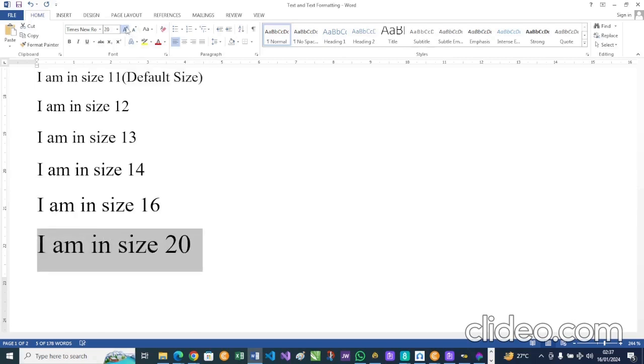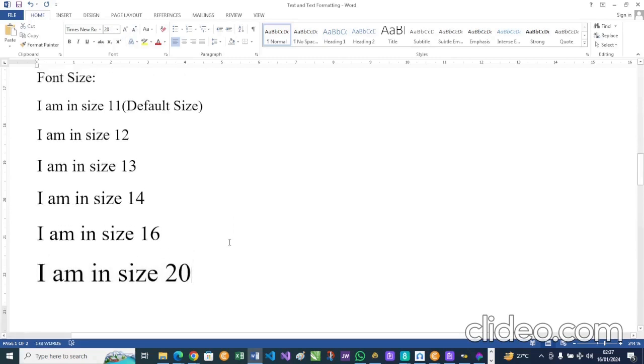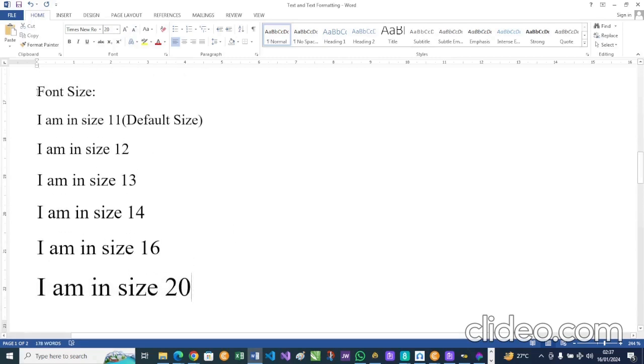So let's leave it on 20. So you see it. Now this is the font size that we have seen, increasing and decreasing font size. The default font size came with size 11, and this is 12, 13, 14, 16, and 20. So I think most times this one can be mostly used for